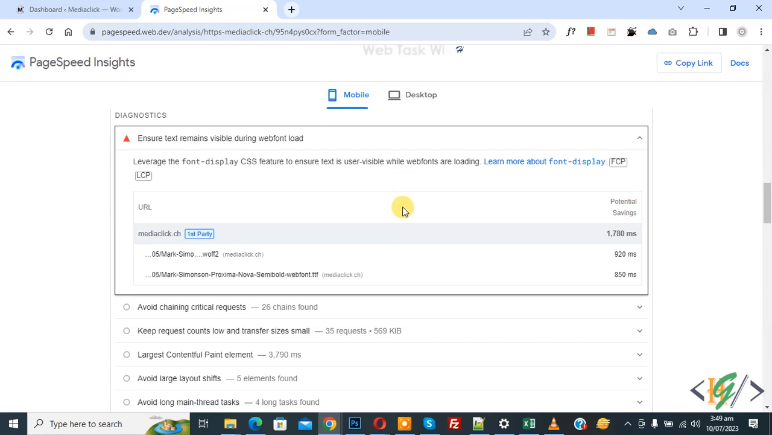Bismillahirrahmanirrahim. Assalamu alaikum. My name is Hassan and today we are going to fix font link not found in Elementor